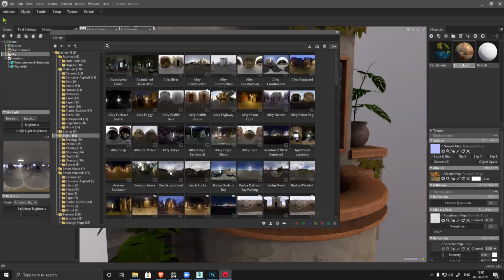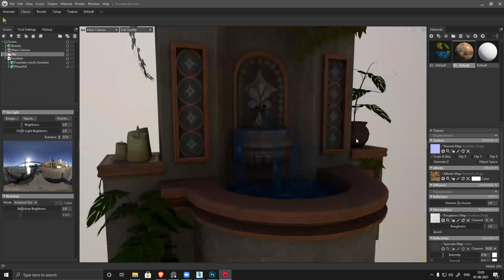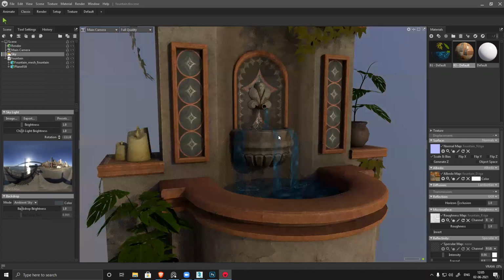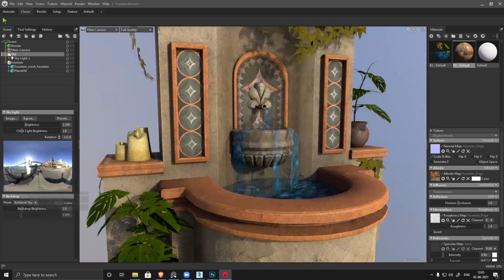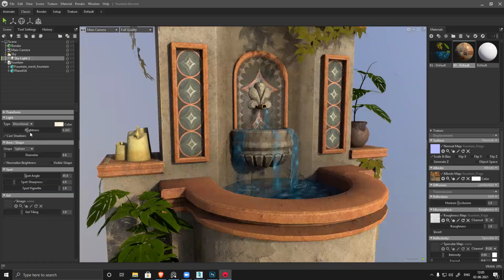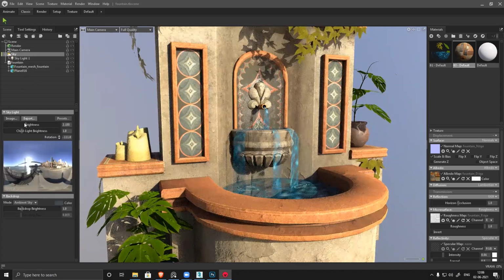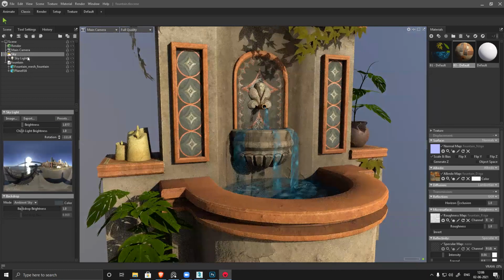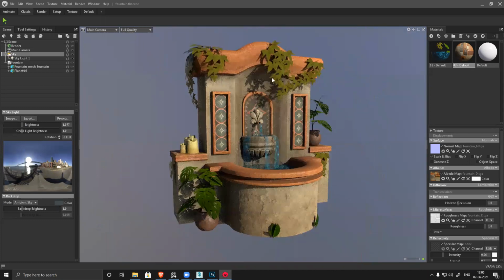Sky, I can change something to day. It generates everything.